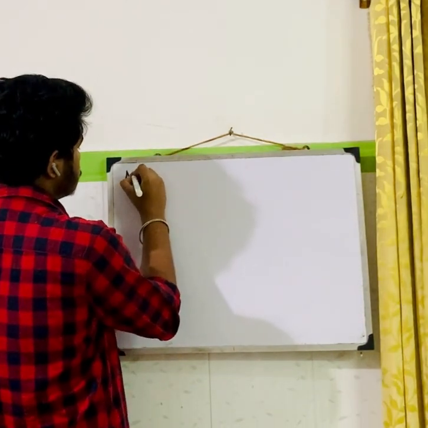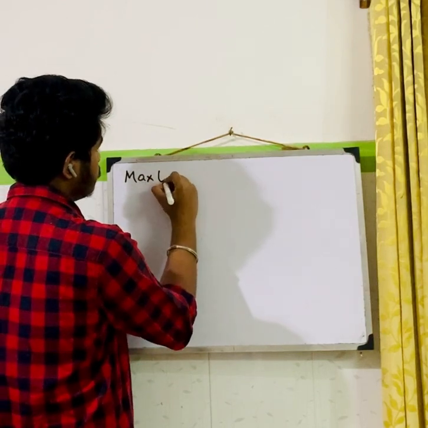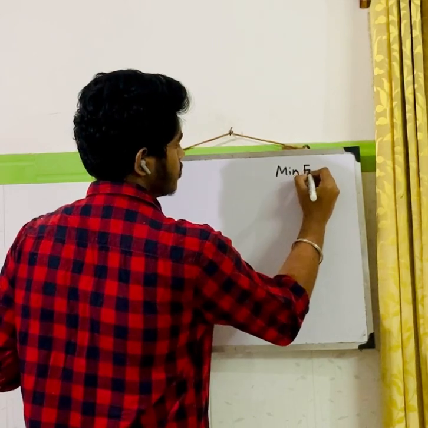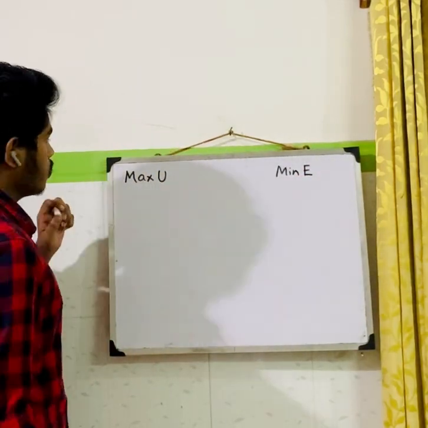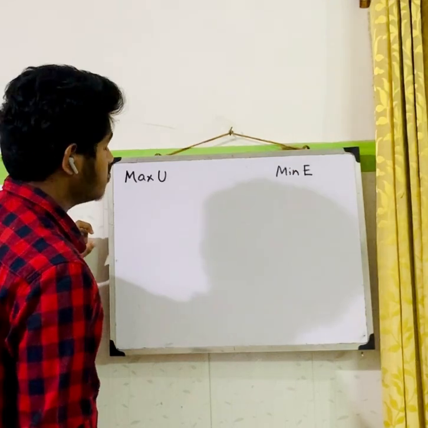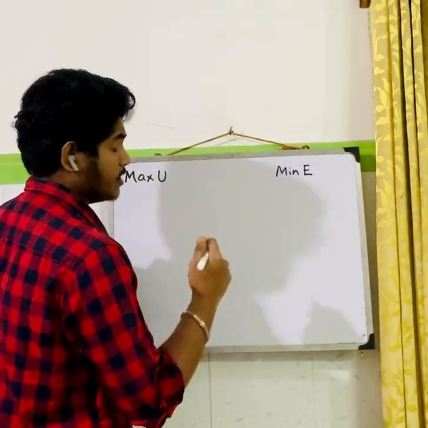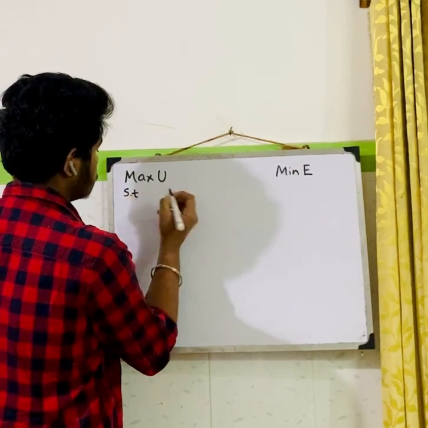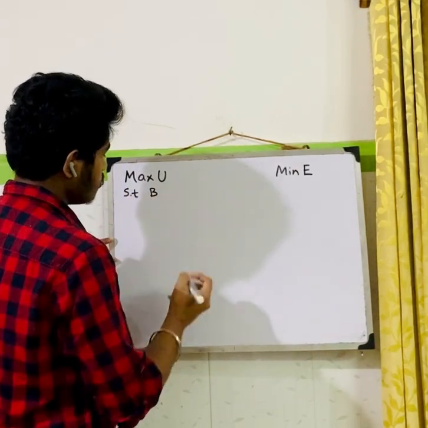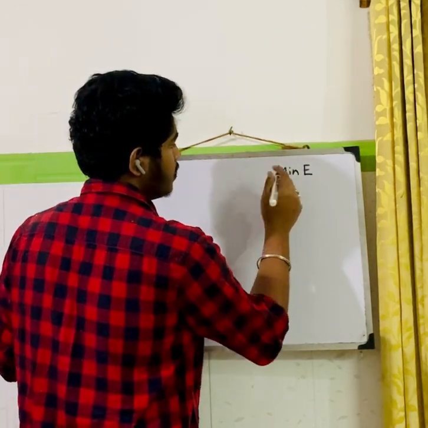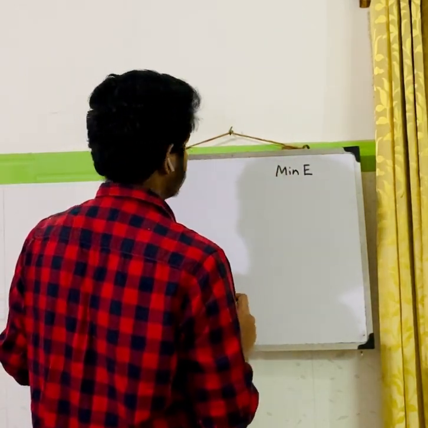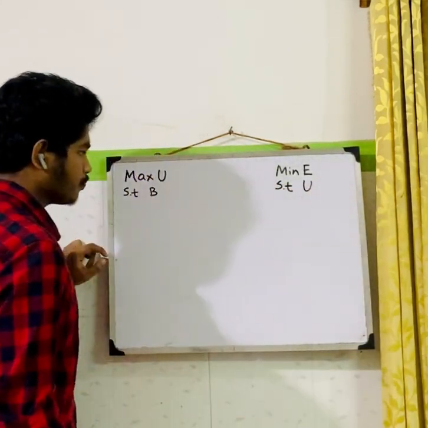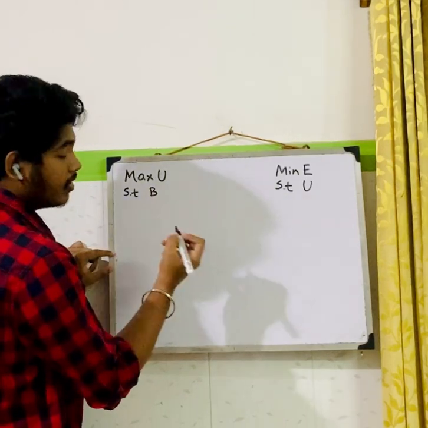So first is maximize our utility and minimize expenditure, right? So when we try to maximize our utility, we have a constraint, that is our budget. So subject to our budget constraint. Now when we try to minimize our expenditure, we have a constraint, that is our utility. So if we see graphically how it looks,